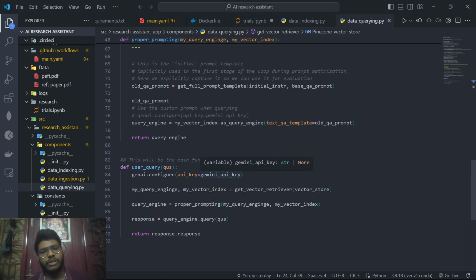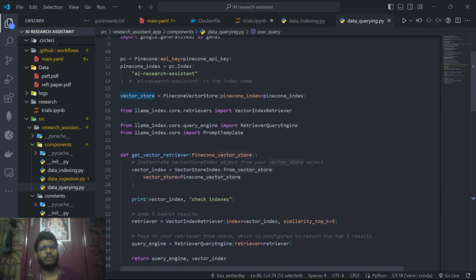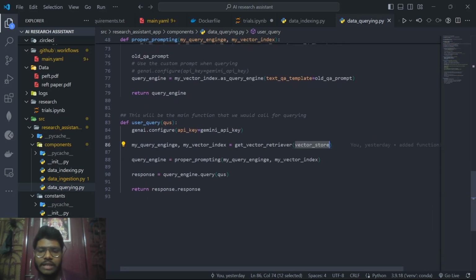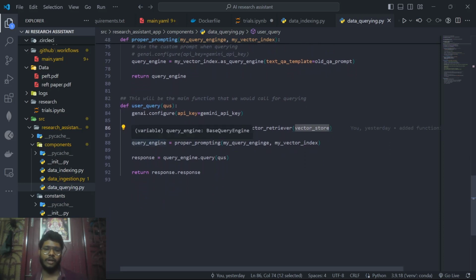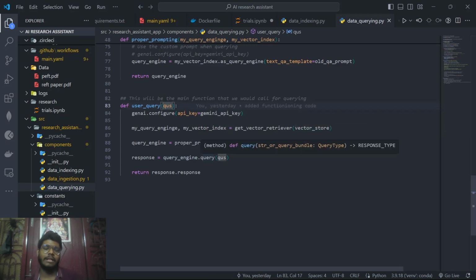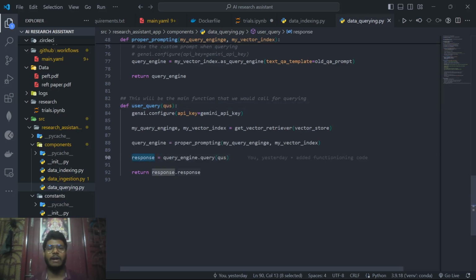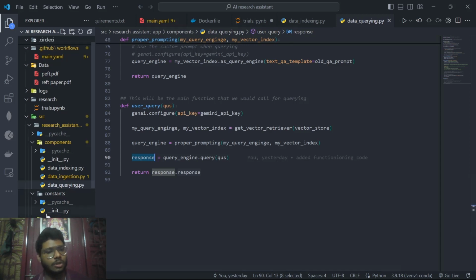So Gemini configuration here also, my query index, vector index, here is the vector store. Vector store is coming from right here. I am not using it as a function. So here is the query engine after proper prompting. Then we would get the question and implement it as a query from the query engine. Then we would get the response. Then we would return the response of the response, because this response also has a lot of sub elements. We won't need all the sub elements. We just need the response to the response. So after that,